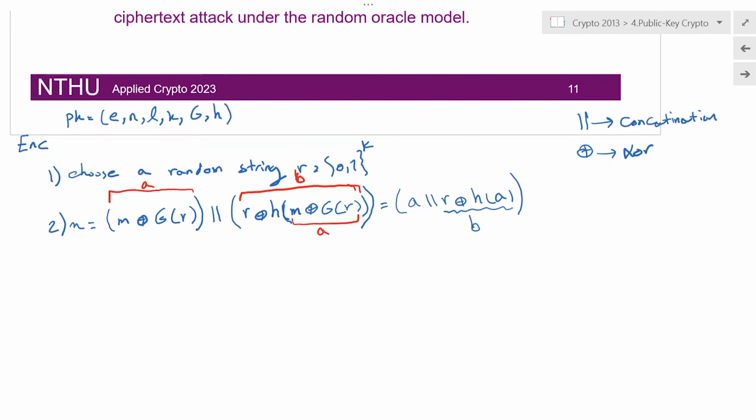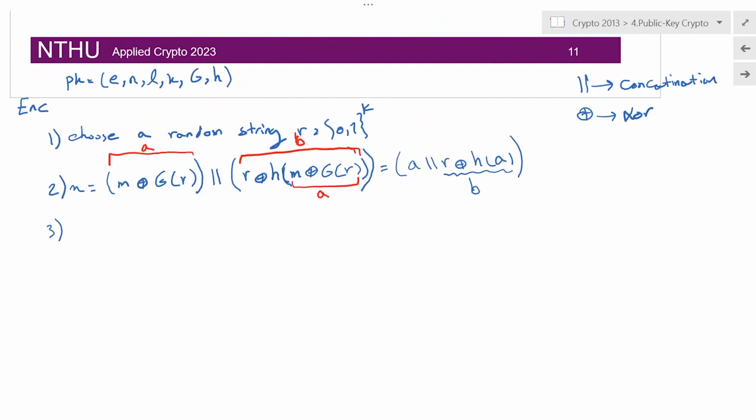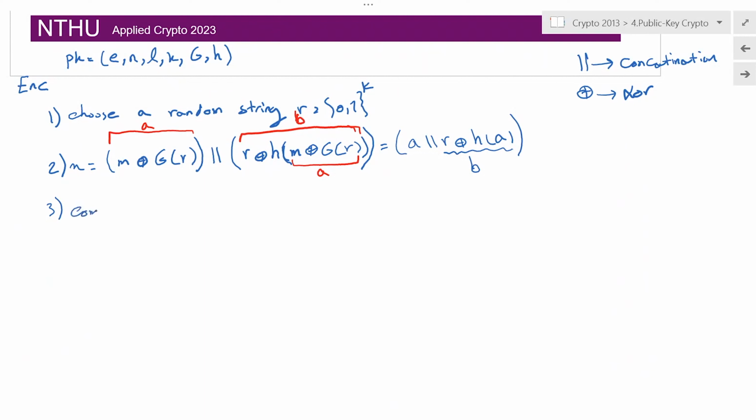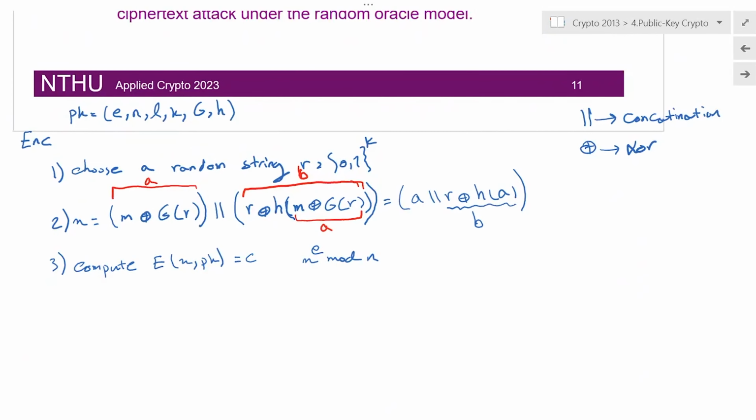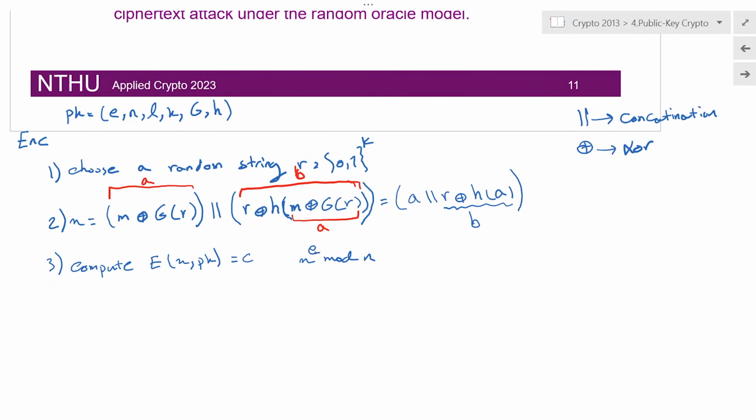So far interesting. So it looks like we add some stuff and we randomize the message. So now we can compute our encryption function, the encryption of x with a public key, and that is going to be your C. The way that it works for RSA is that C is going to be x to the e mod n. No more m. We are encrypting x, to the power e mod n, right? After we add these things.